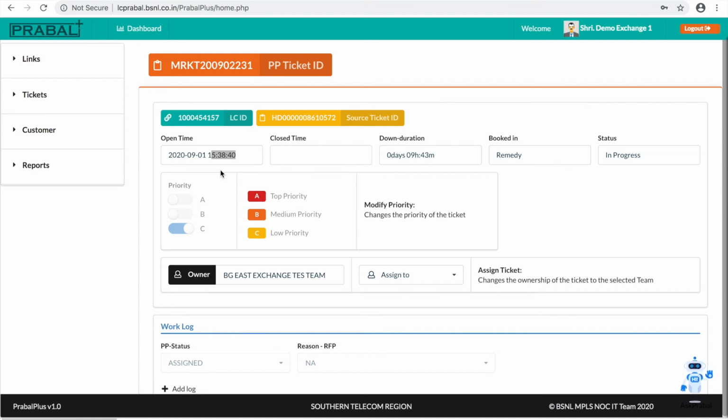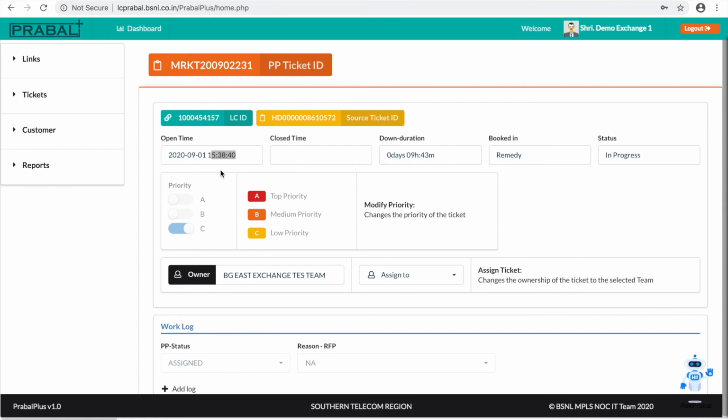Then if the exchange user is already configured by the SSA admin, the tickets will be directly pushed to the concerned exchange users. Then they can operate the tickets.